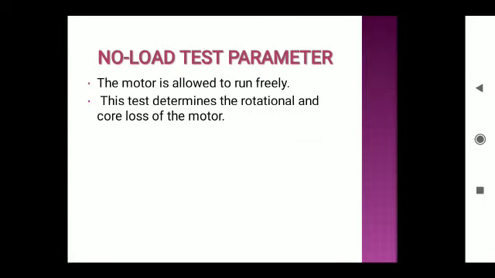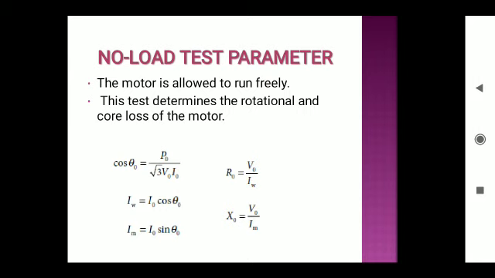Now the no load test parameters. The motor is allowed to run freely, and this test determines the rotational and core loss of the motor from the following relation. Here cos phi is the power factor, P0 is the power input to the motor, V0 is the input voltage, I0 is the no load current, and